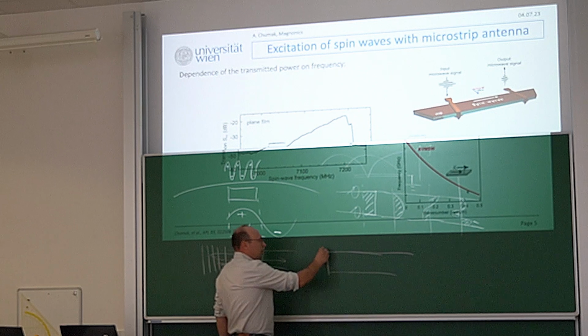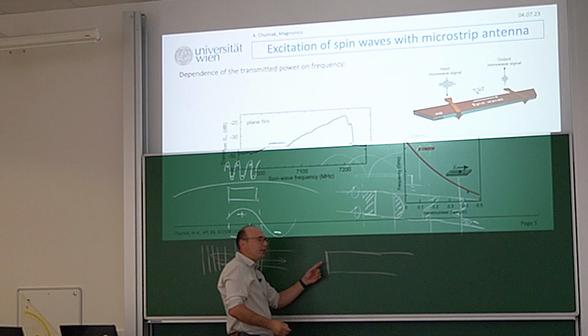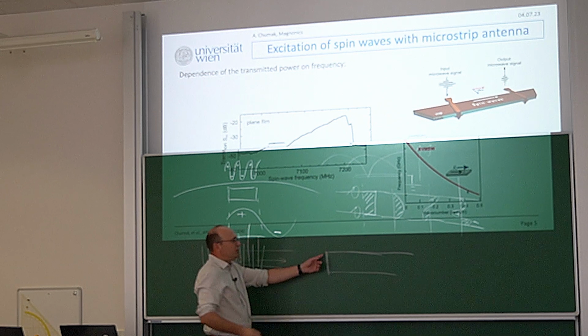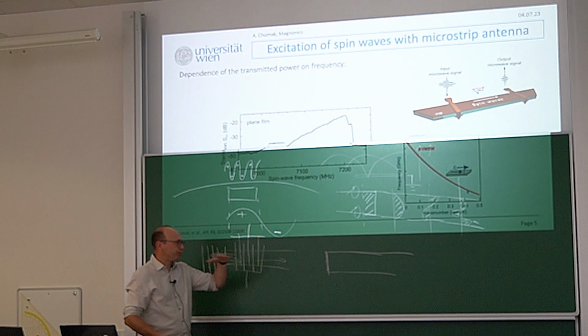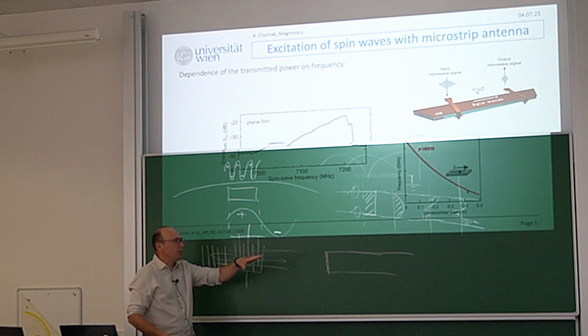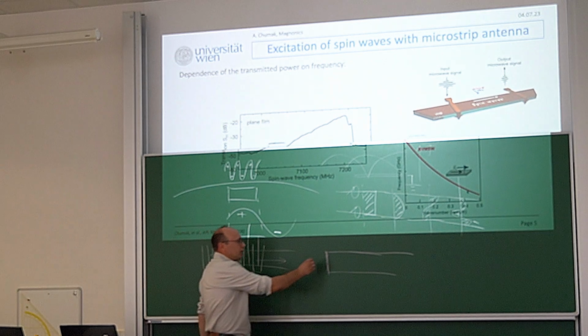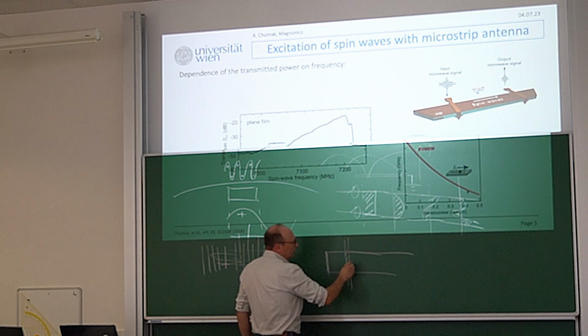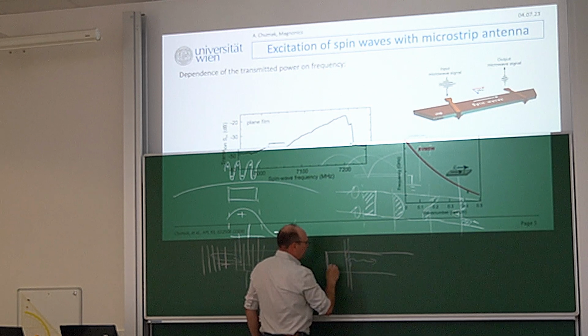And with spin waves, it's easy because they never go out of the magnetic media. Therefore, if you make this cut here, 90 degrees, of high quality, and quality is important, because if it is rough, then you will excite higher order, high K dipolar exchange spin waves. But if the cut is proper, like a mirror, then you can get such a situation that this wave and this wave